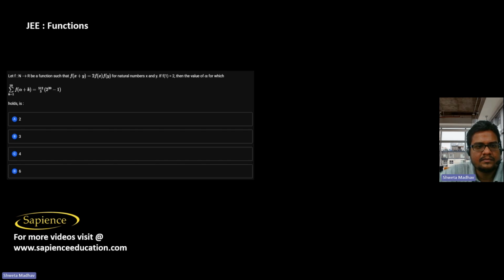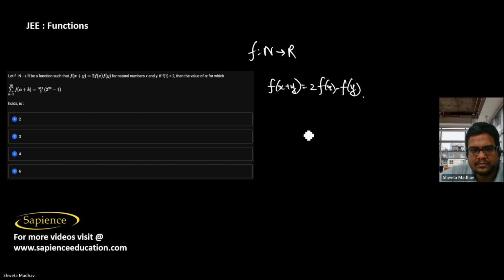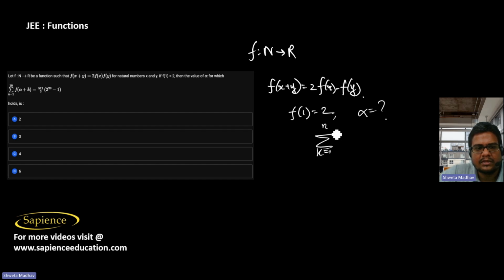Then here it is told, let f map from N to R be a function such that f(x + y) = 2 f(x) f(y) for natural numbers x and y. If f(1) = 2, then we have to find the value of alpha such that the summation for k from 1 to 10 of f(alpha + k) is equal to 512/3 times (2^20 - 1). Okay, so now